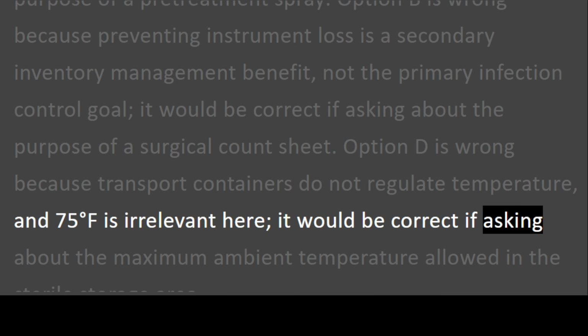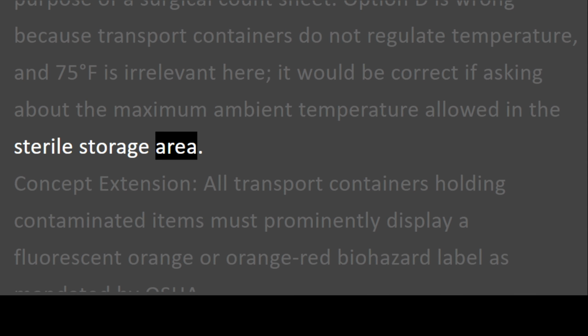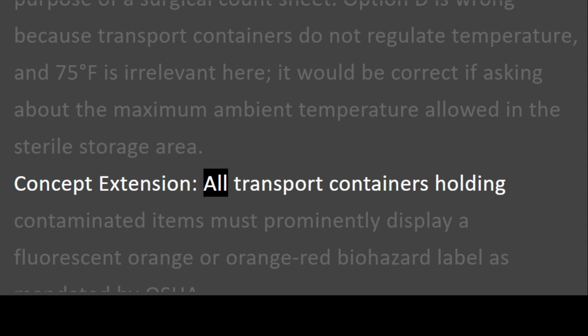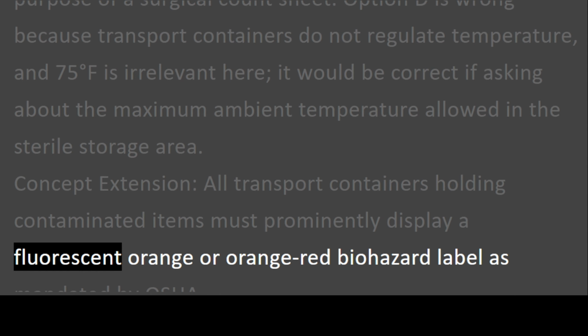It would be correct if asking about the maximum ambient temperature allowed in the sterile storage area. Concept extension. All transport containers holding contaminated items must prominently display a fluorescent orange or orange-red biohazard label as mandated